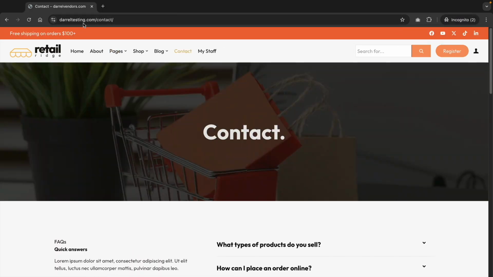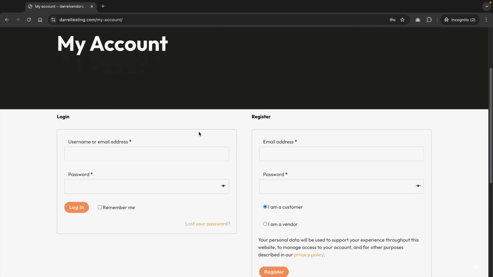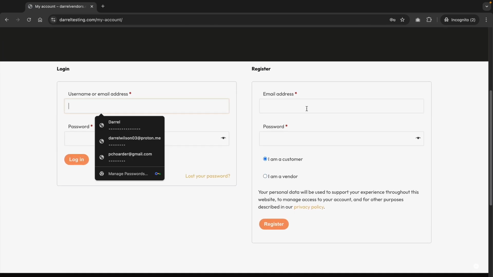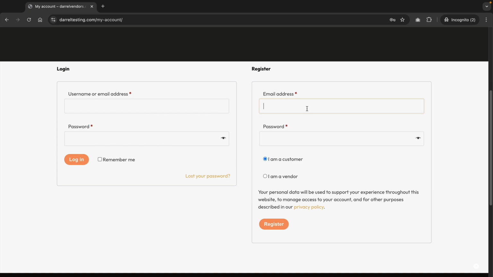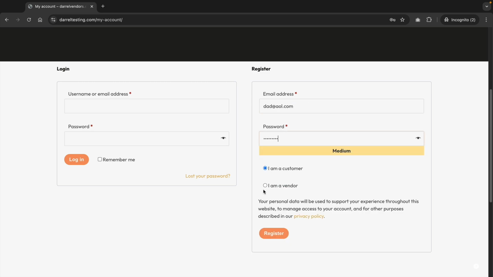Okay, so let's imagine I'm a customer here and I want to register on the website. I'm gonna click on my accounts, and you're gonna see that we have the login, and then we also have register. So users can now register on your website as a customer or as a vendor right here. So what I'll do right here is just quickly go ahead and create an account right here for the